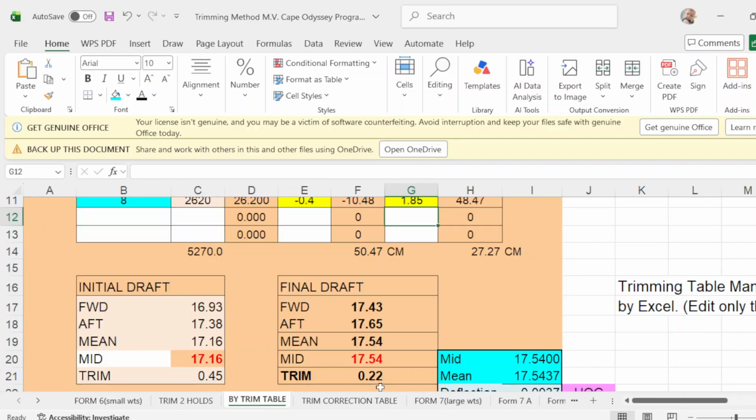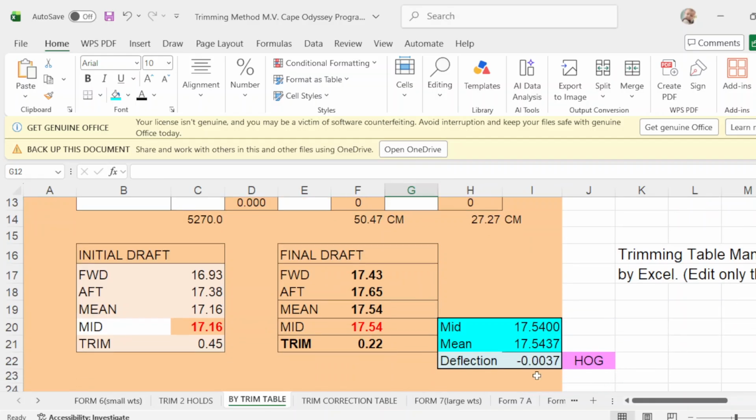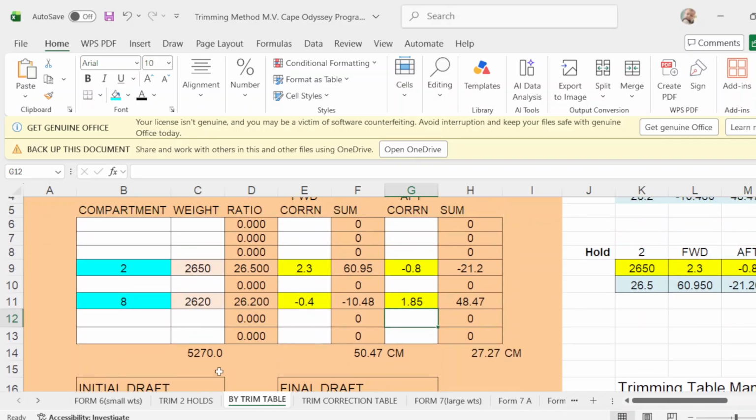So, trim 22. And the deflection is 0. Okay? But look at this, guys. You don't know which cargo hold to load first. So I suggest that you load hold number 8 first, so that you will have a good trim before loading number 2. Okay?